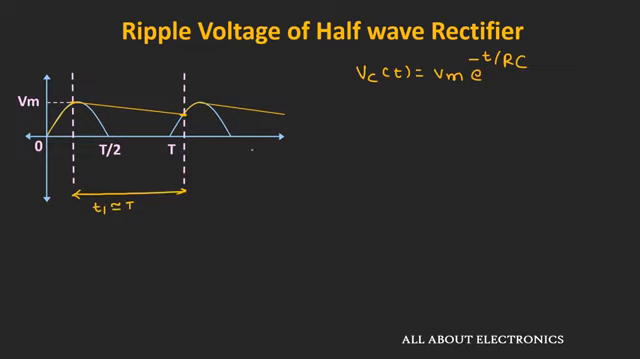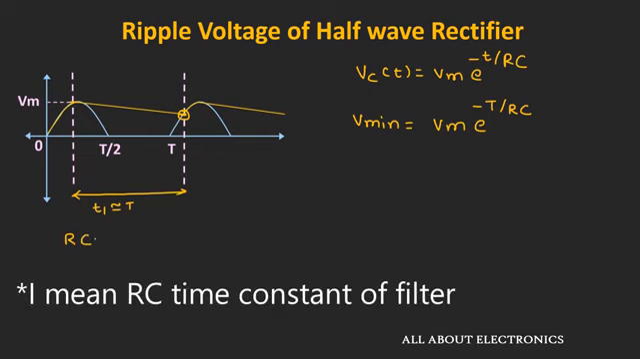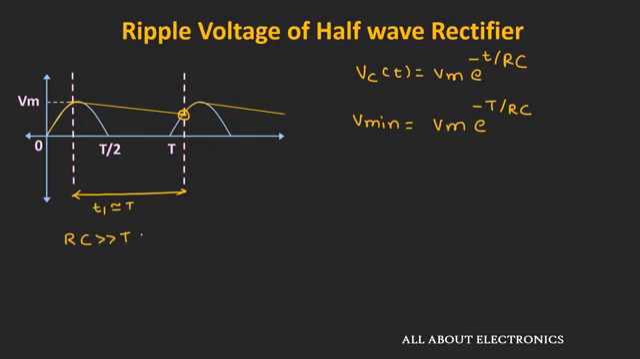And if we put this value in this expression, then we will get the minimum voltage across the capacitor. So the minimum voltage of this ripple will be equal to Vm times e to the power of minus T divided by RC. Now here we are assuming that the RC time constant of the capacitor is much larger than this time period. And under this assumption, we can write this minimum voltage as Vm times 1 minus T divided